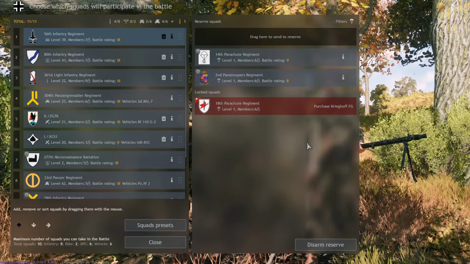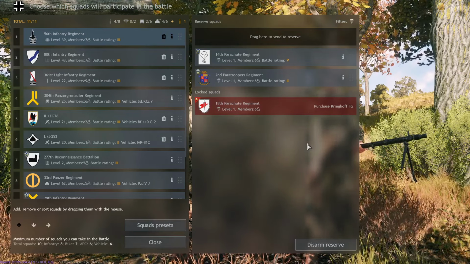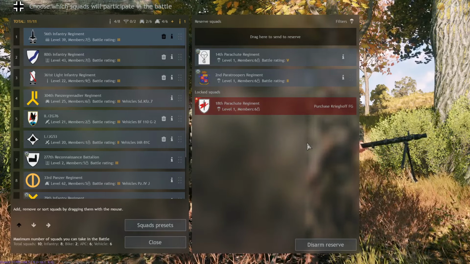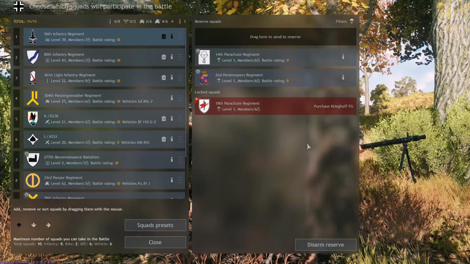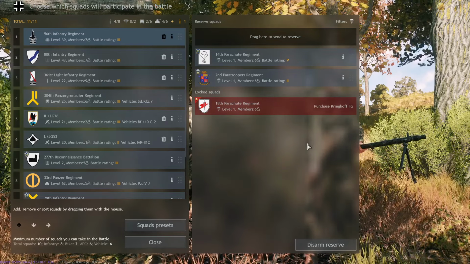Paratroopers, well, they are very universally usable thanks to their boxes. Because if you jump out somewhere, you can get yourself a radio, you can get yourself a hammer, you can get yourself sniper rifles and anti-tank guns and so on. So yeah, they're quite useful, though